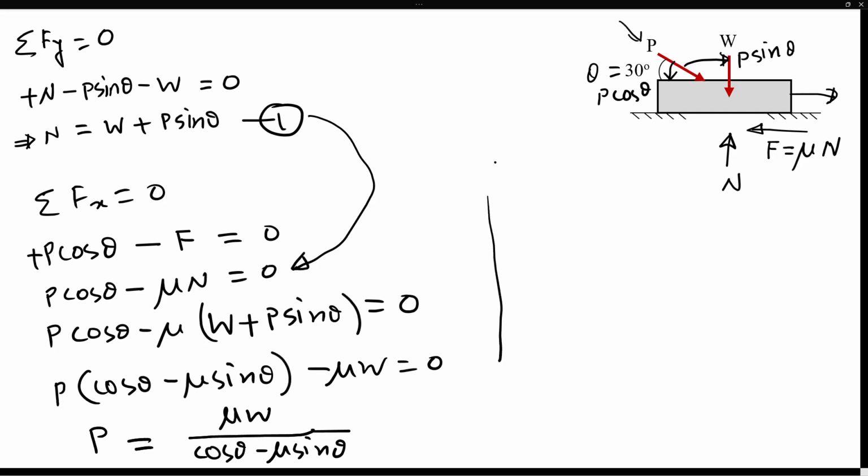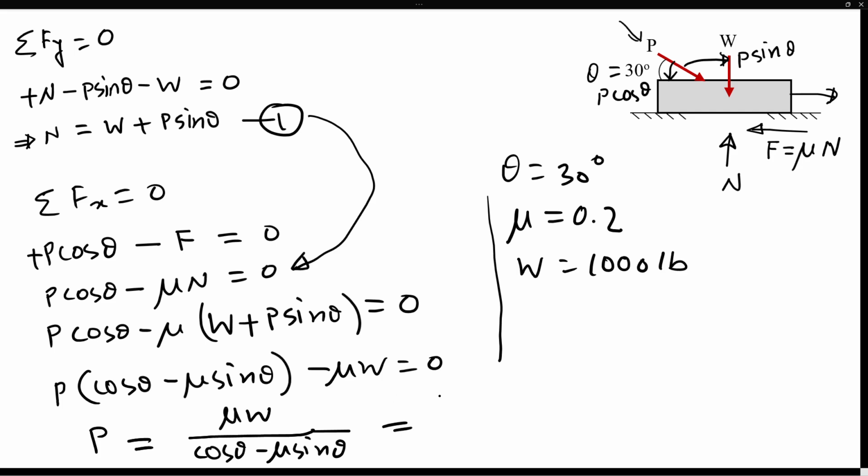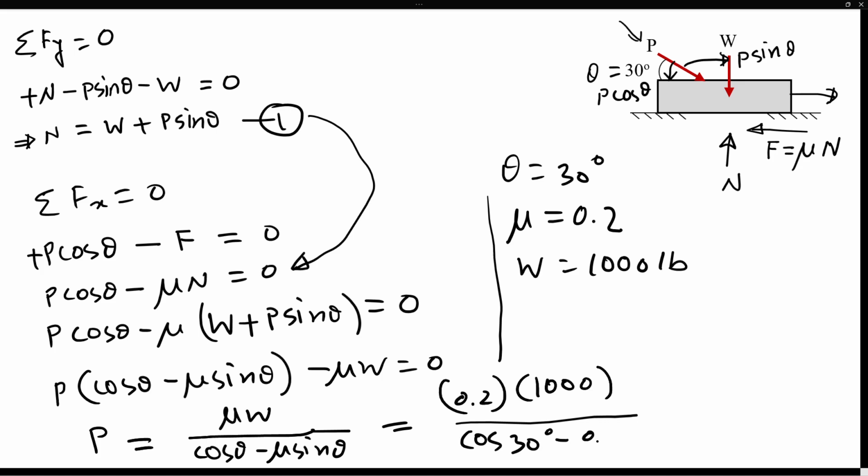Now assume that, let's say, theta is 30 degrees. The friction coefficient is, say, for example, 0.2 between the surface and the block, and the weight of the block is, say, 1,000 pounds. If you plug all these numbers in here, 0.2 times 1,000 divided by cosine 30 degrees minus 0.2 times sine 30 degrees, then the value for P I found